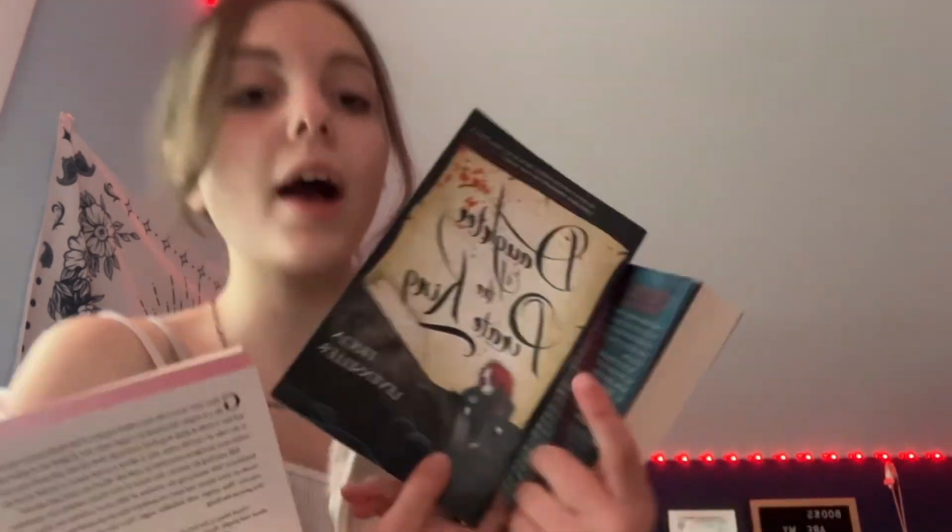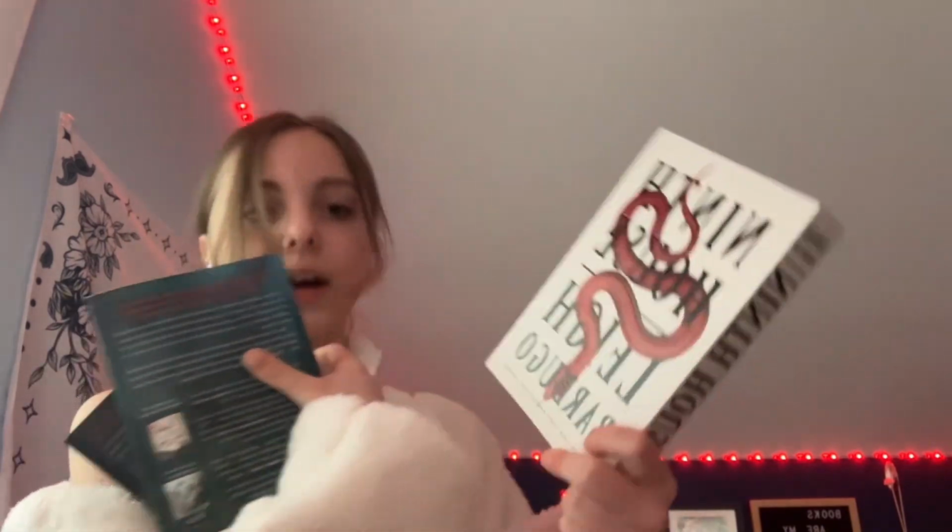And then I'm halfway through Daughter of a Pirate King, which I haven't finished, and it has red on it. And then Ninth House by Leigh Bardugo has a red snake on it with sprayed edges. The question is, am I confident in myself that I'd be able to read it? I really want to read this, but I feel